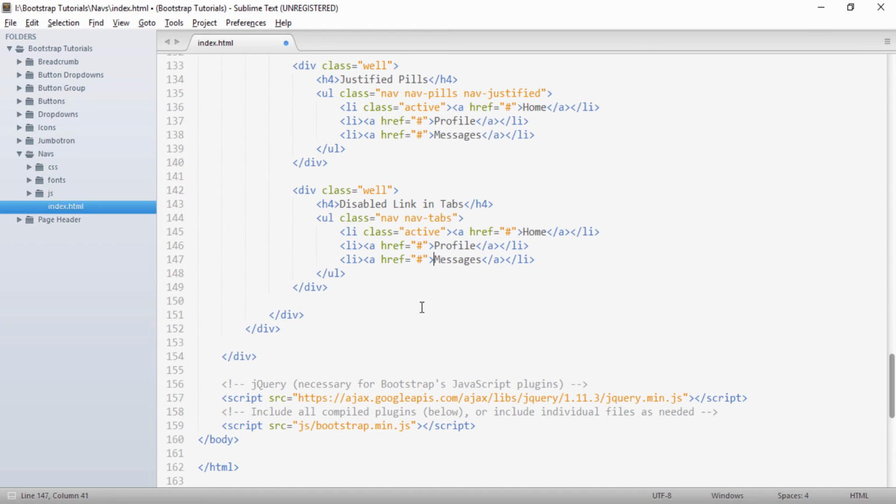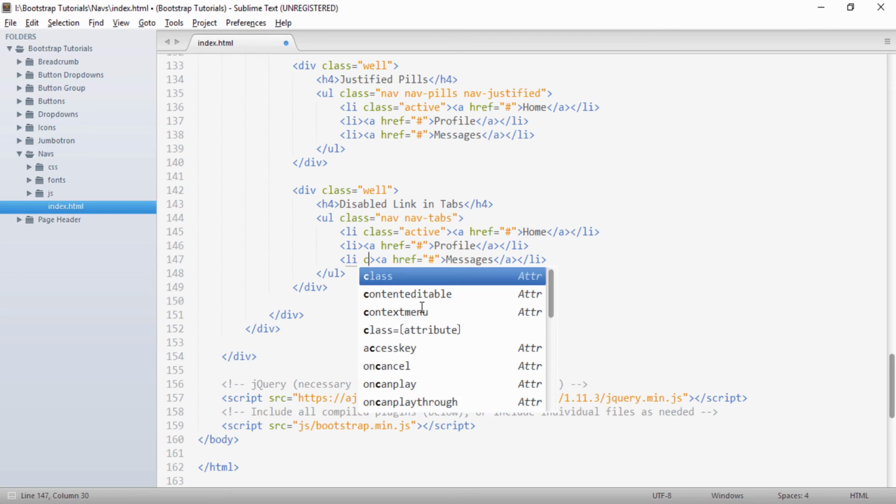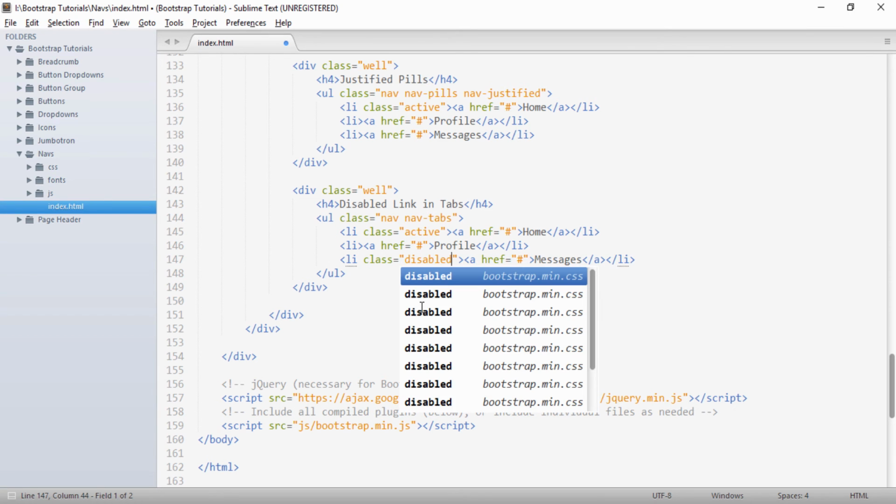Let's say suppose I want to disable messages. The way to disable it is, to this list item I have to provide a class of disabled.